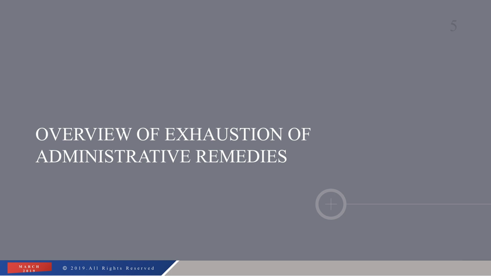Let's unpack the exhaustion of administrative remedies requirement a bit. In order for a prisoner to meet the exhaustion of administrative remedies requirement, he or she must take all possible steps as required by the prison's grievance system. When I say possible steps, I mean a prisoner is only required to exhaust available remedies. So he or she is not required to exhaust any remedies that are not available. With that in mind, and because exhaustion of administrative remedies is an affirmative defense, it is a defendant's burden to prove that an administrative remedy was available to the individual bringing the claim.